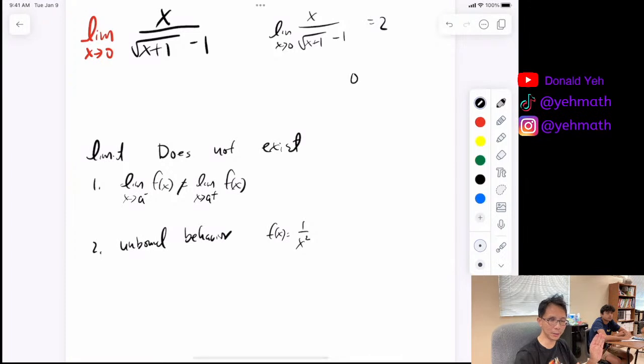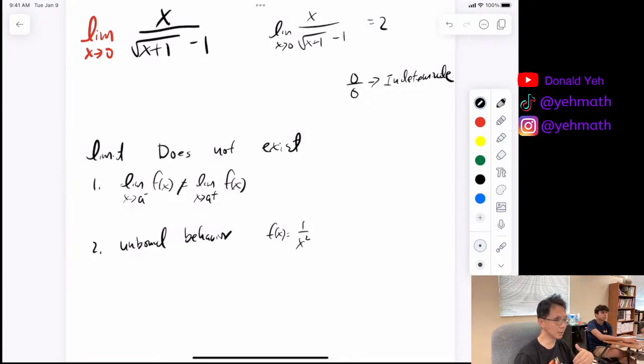If you have a 0 over 0, that means indeterminate. Okay, indeterminate is you cannot determine yet. In this case, we got 2 after we do a numerical approach. After we approach slowly, we got 2. But in this case, if we approach 0 on the unbounded behavior, 1 over x squared, that's going to be